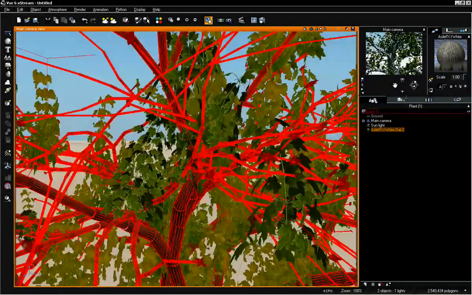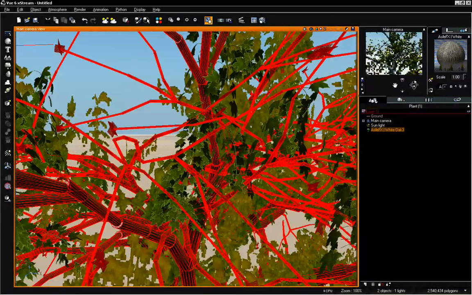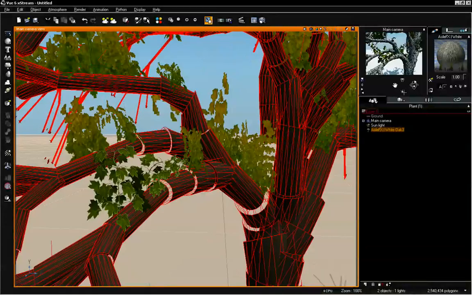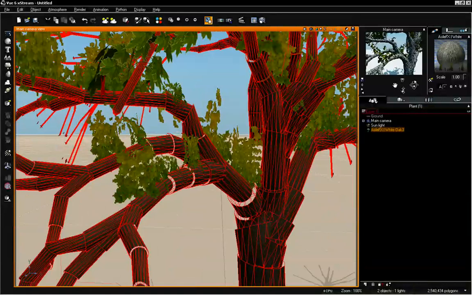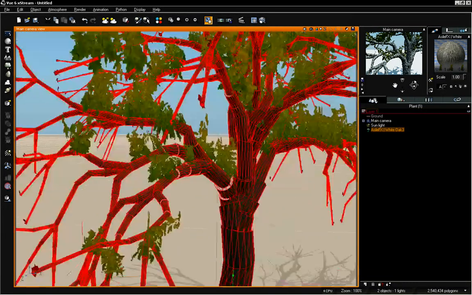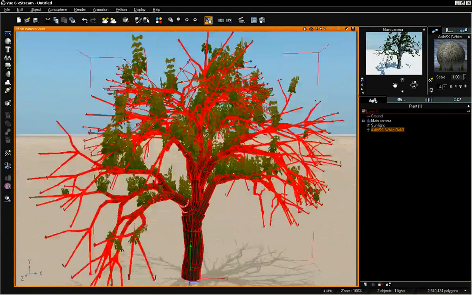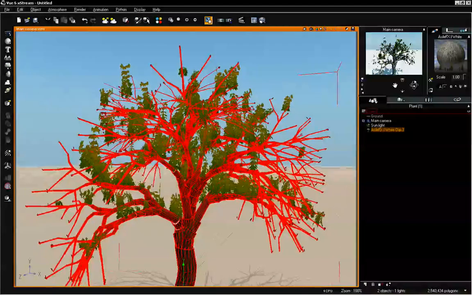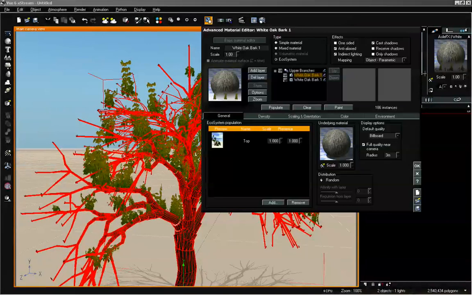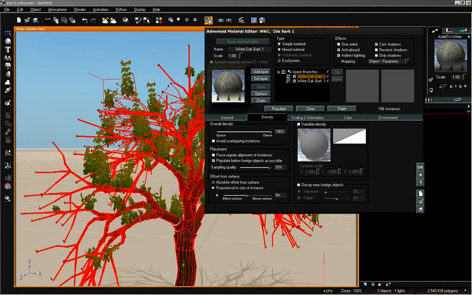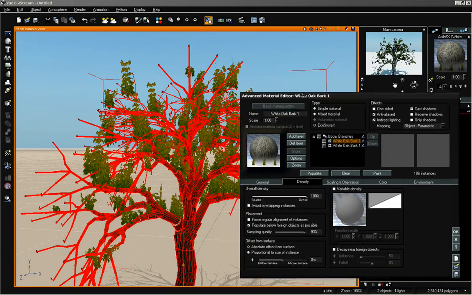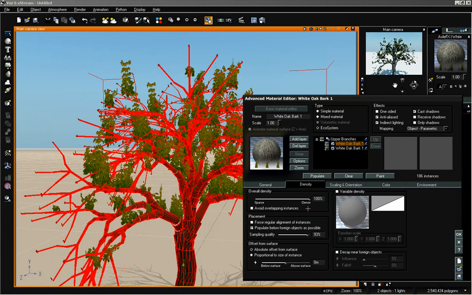So now we can see these sets of leaves showing up on our branches, and proportionately the scale looks alright and is going to match quite well for this. Now one thing you're going to notice is that we don't have full coverage of our tree, because using this method, the density at 100% will not fully cover all of the branches because of the different size variations. What we can do is set a couple of different options and change a couple things to actually fully populate